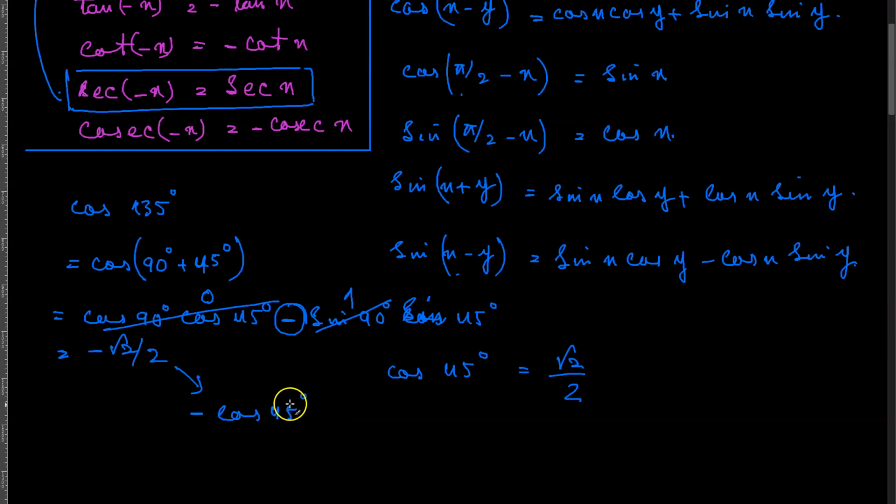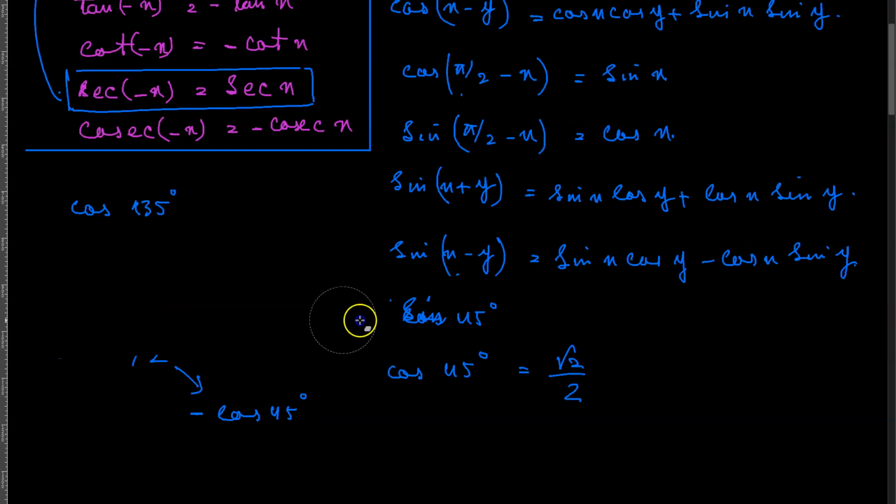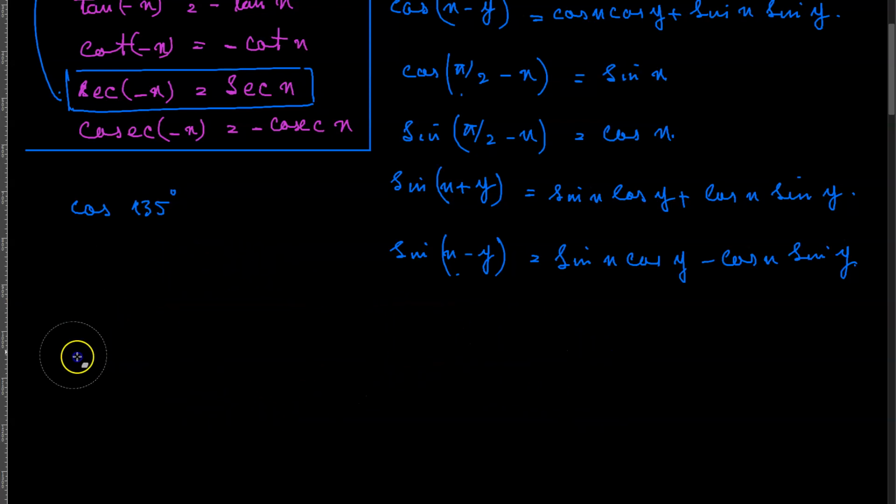So that's how you can find, for example, the cos of 135 degrees. Or what you can do using these formulas is that, for example, you want to calculate the sine of 135 degrees. So what you can do is write this as sine of 90 plus 45